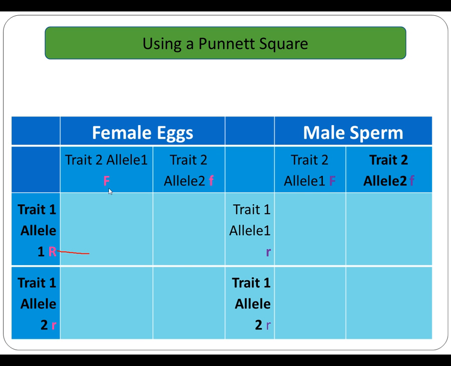R over here, and also bring it over here for the dominant. And then I could do the same thing for the recessive allele. I'll bring the recessive allele over. And then to complete the table, I bring down the dominant trait. In this case,